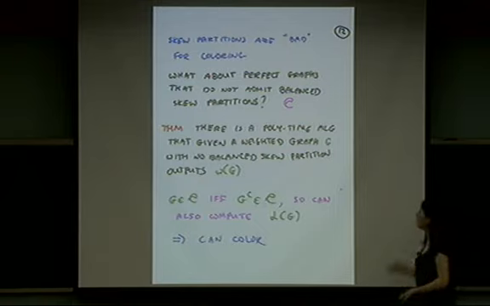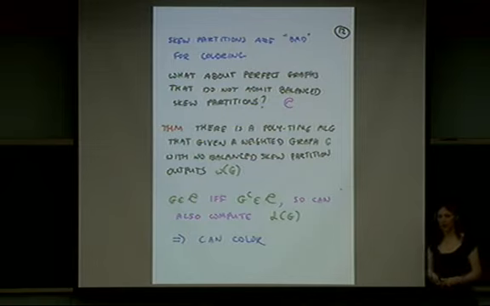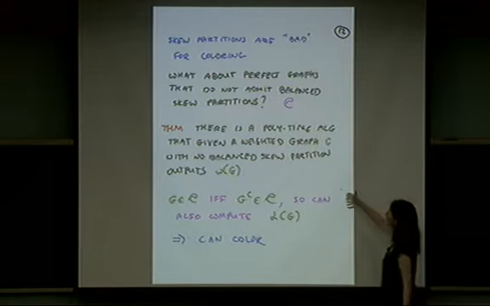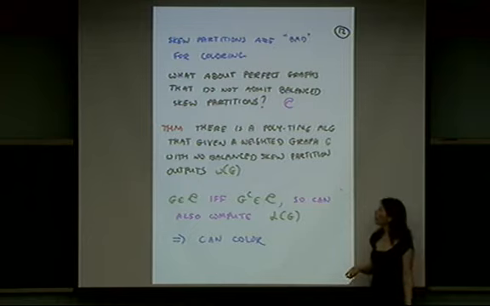So what if I say no balanced skew partitions? What if I just want to look at perfect graphs that don't have balanced skew partitions? So then it turns out things get better. And so that's our main theorem, that there is a polynomial time algorithm that, if I have a perfect graph with no balanced skew partition,